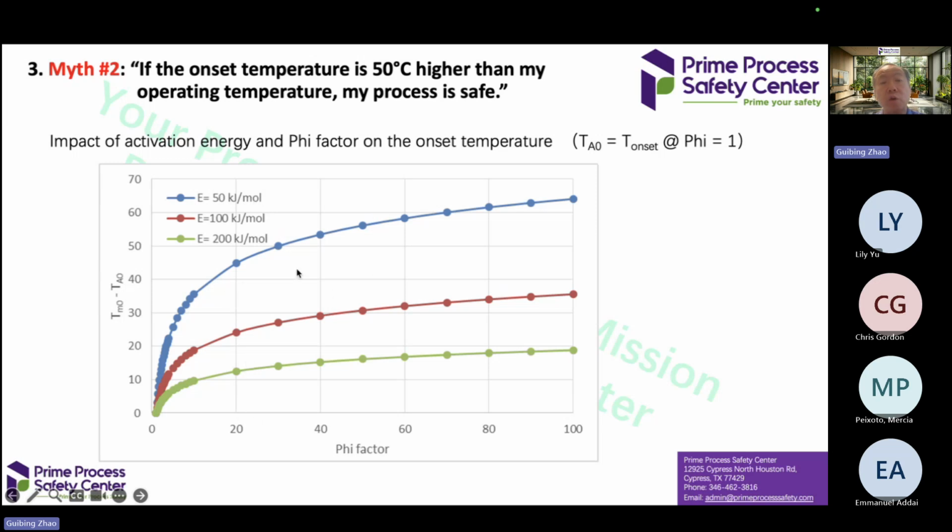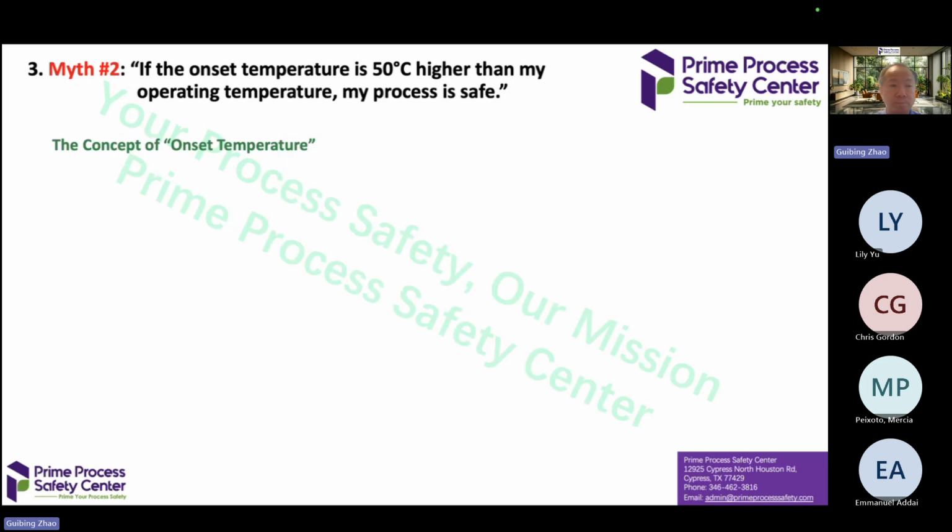So that's why when we talk about 5 degrees, we really need to first ask how you did it, how you got the onset temperature, and what scale of testing or industrial scale you're using, and we need to make it clear. Otherwise, we're going to make a big mistake.